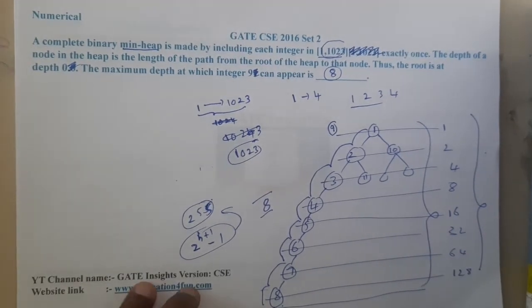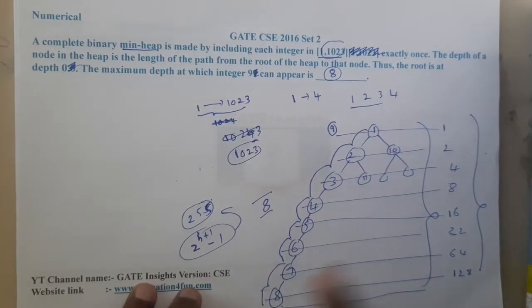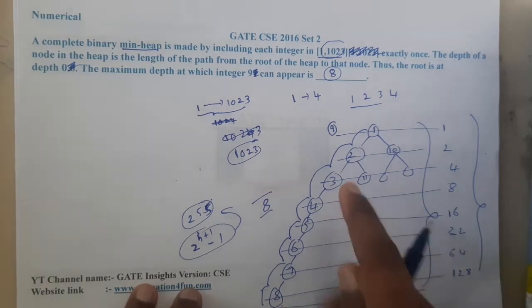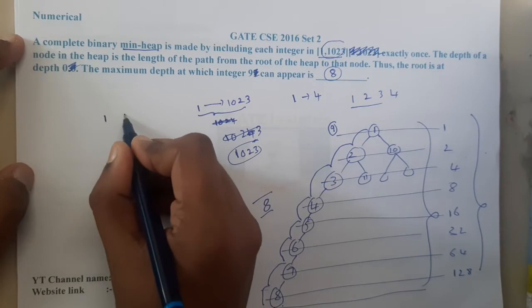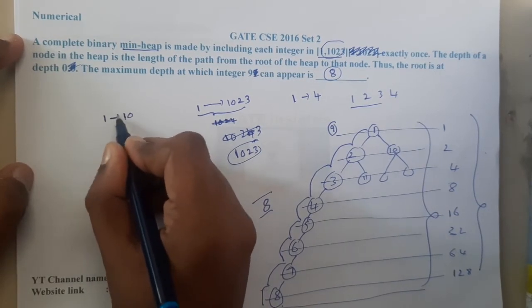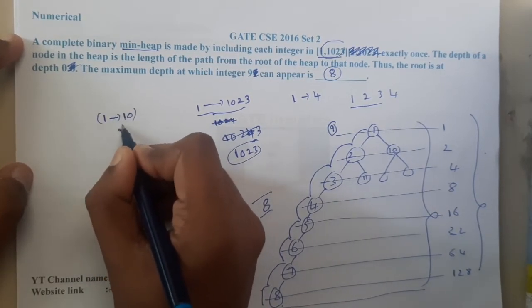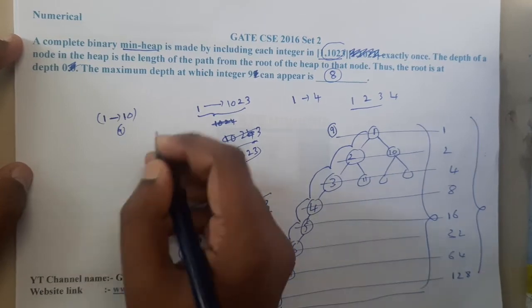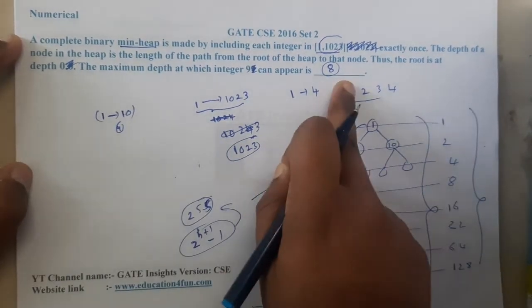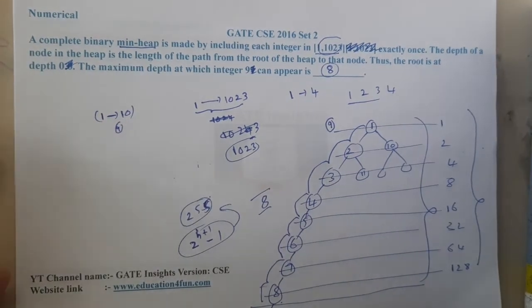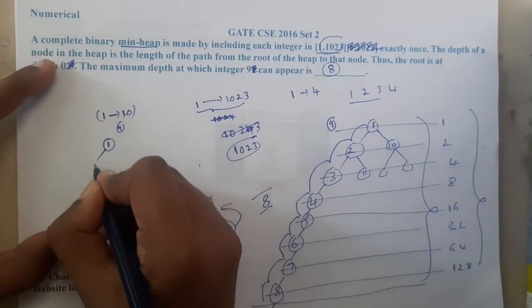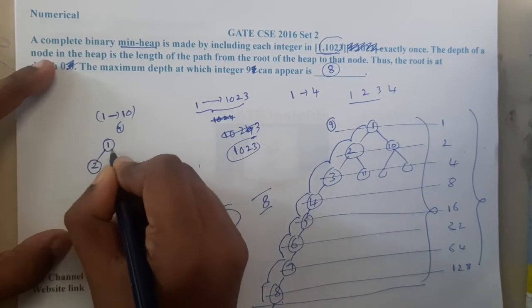So how exactly have we solved it? First I placed it there, and I also checked whether all the layers above it are being filled. Because if there are only 10 elements, assume in that way, and you want to place 9 at its maximum position, until where can it go? Most of you will keep to the same approach and write 8 as the answer, but that's wrong, because in total we have 10 elements. So you can go to this layer and you need to fill this layer, right?